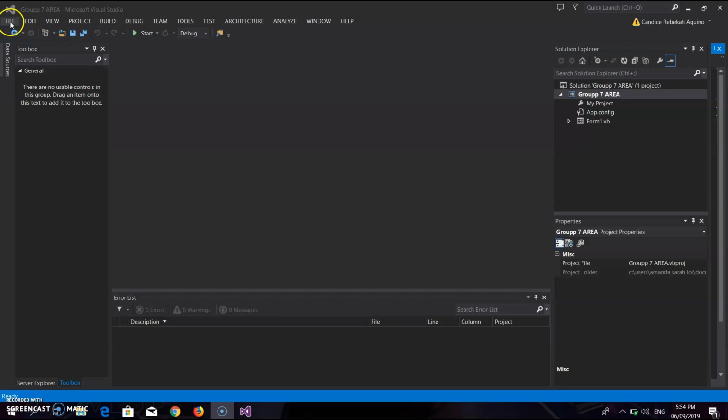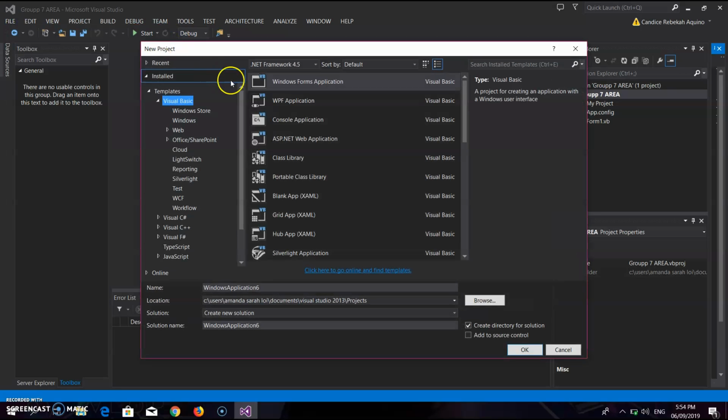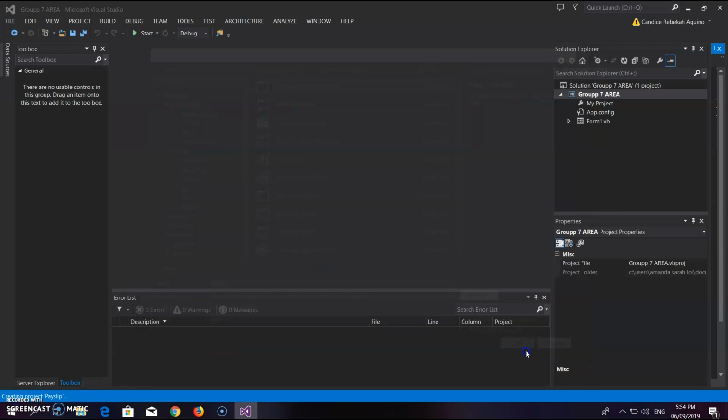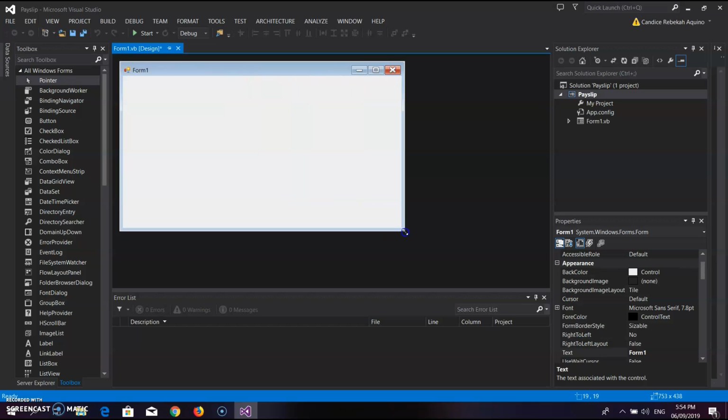So for the second video, we will show you how to create a payslip using Visual Basic. First step is to click File, then onto the project, select Forms, then rename it to whatever you like, but we put Group 7 Payslip. Then press OK. After that, select the toolbox,